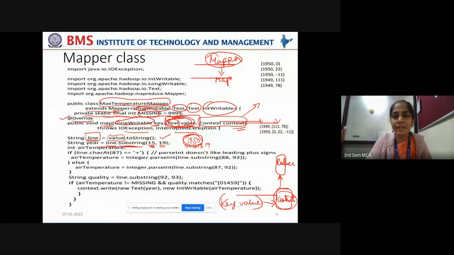But we can't give 18, because we have to give one extra. We are giving the substring character value as 19. Now that substring value, what you have extracted, is being stored in the year string object. Okay, now in year what do you have? 1950, or in later stages other years in which the air temperature is recorded, say 1949; that data will be taken into year.